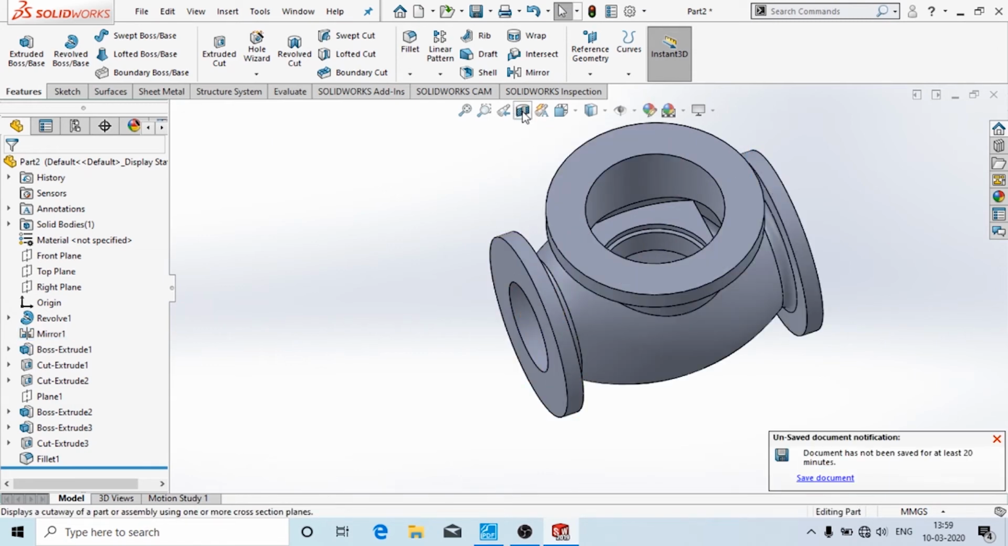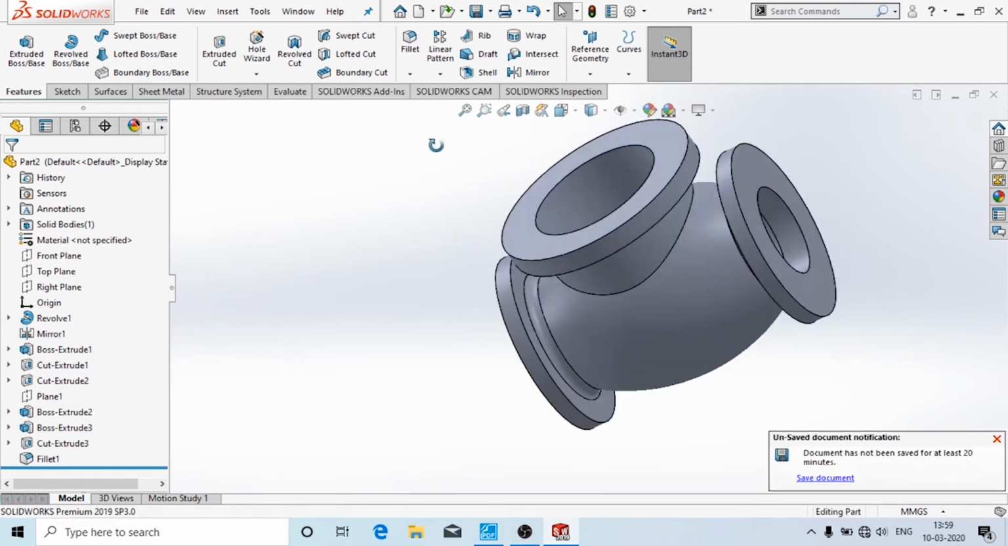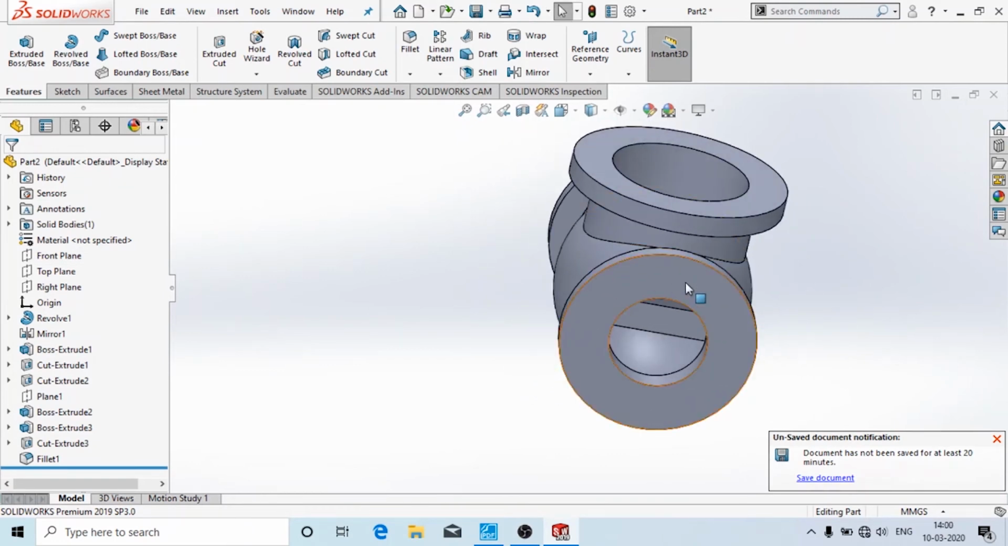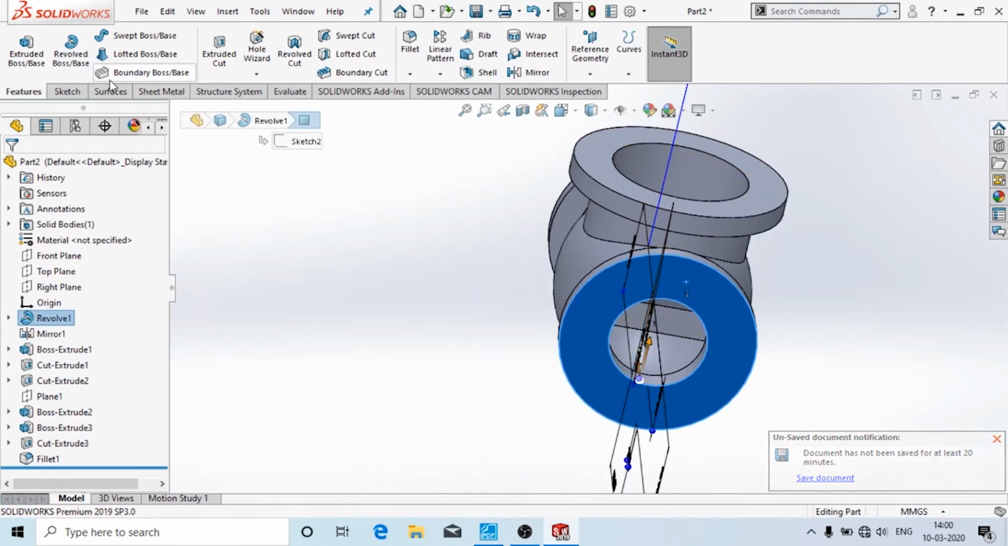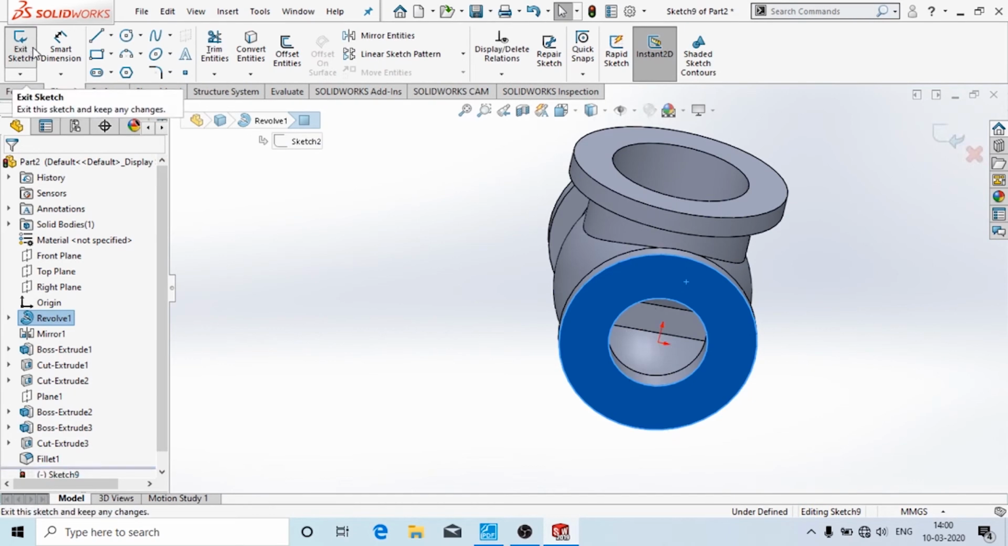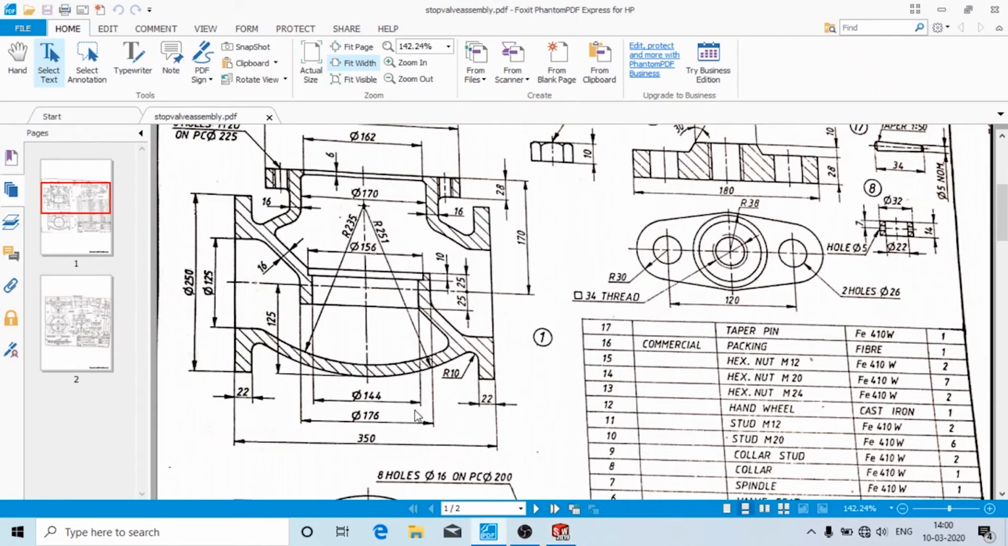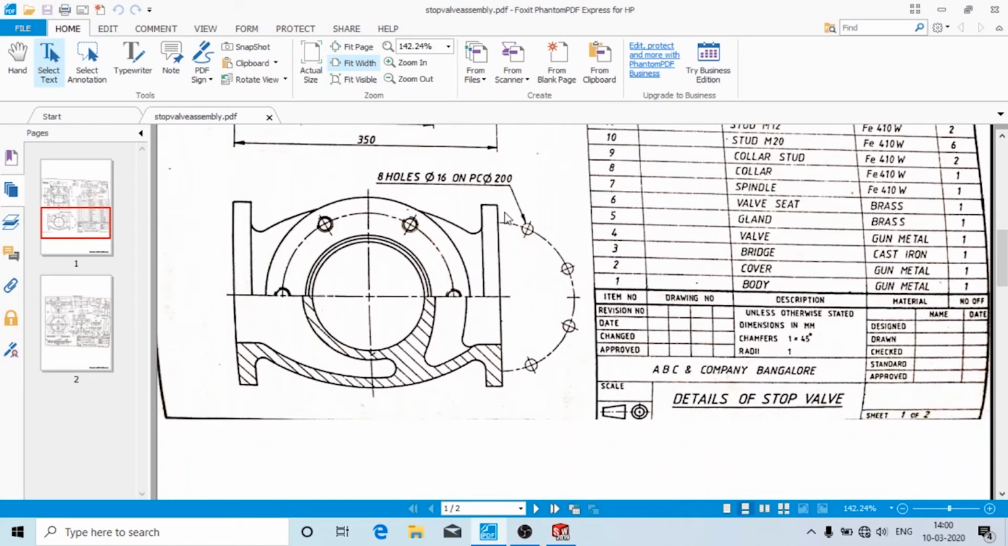I'm going to hide the section view. Just by clicking the section view, they are coming out of the section view. I'm going to create the hole on this surface. First I'll create a sketch, and here it is given as 8 holes of diameter 16 mm on PCD of diameter 200 mm. PCD is the pitch circle diameter, that is the diameter on which the holes